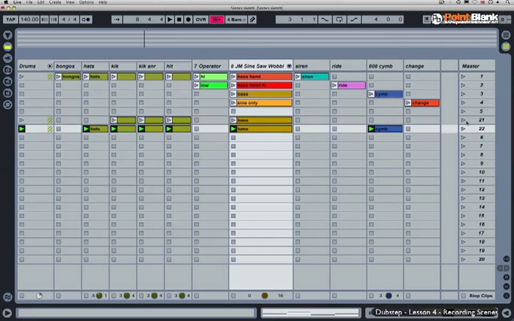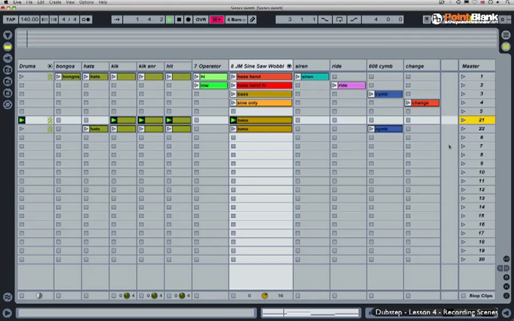So that as I play each scene, the whole scene will play, the whole of the bass element will play. And if I fire this scene off now, Live will wait until the end of the 4th bar before firing off scene 22. And the track will always stay in sync in terms of